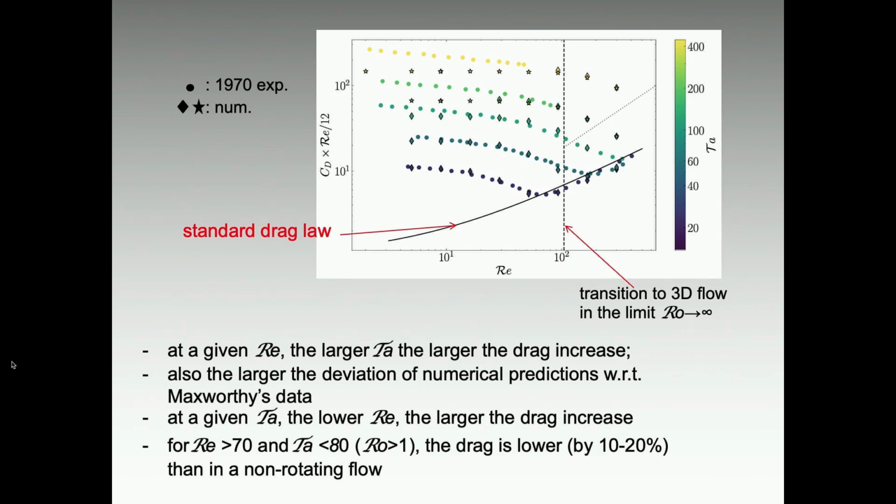Okay, so let's come to the drag. After all, it was our main motivation. So here is a plot of the compensated drag coefficient, the drag coefficient multiplied by the Reynolds number, versus the Reynolds number. On this graph, we can make quite a lot of comments. For instance, if we consider what happens at a given Reynolds number, you see that the larger the Taylor number is, the stronger the drag increase compared to the standard drag is, okay? So you see that the drag can be many times larger than the drag of the sphere in a non-rotating